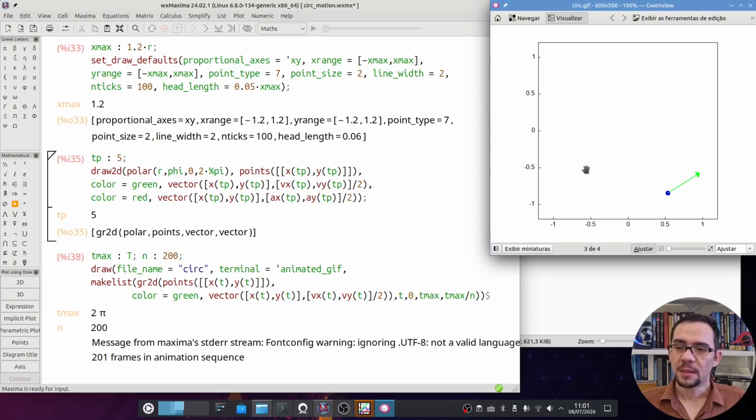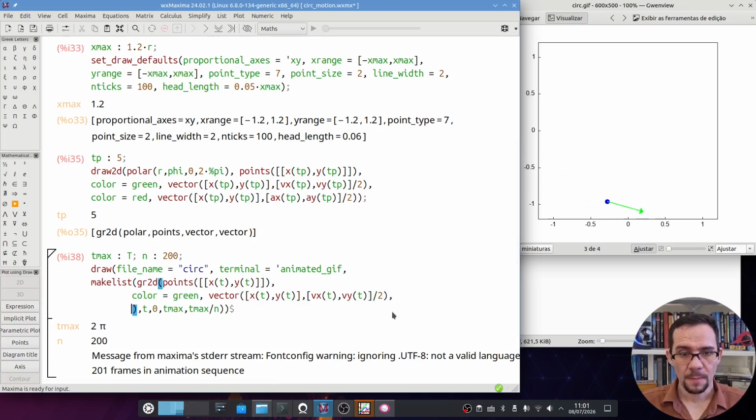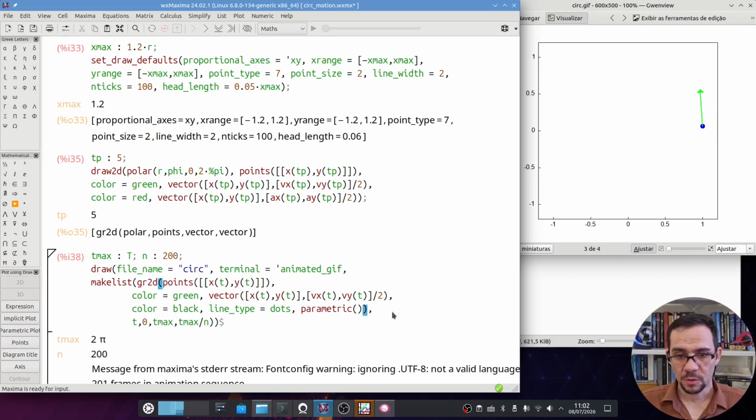Before generating the animation with the acceleration vector, I'm going to insert here the trajectory. So I'm going to put this in black, and I'm going to set the line type to dots, and I'm going to use parametric to generate this trajectory. So here we have the x component of the position, the vertical component, and sorry, here we have to